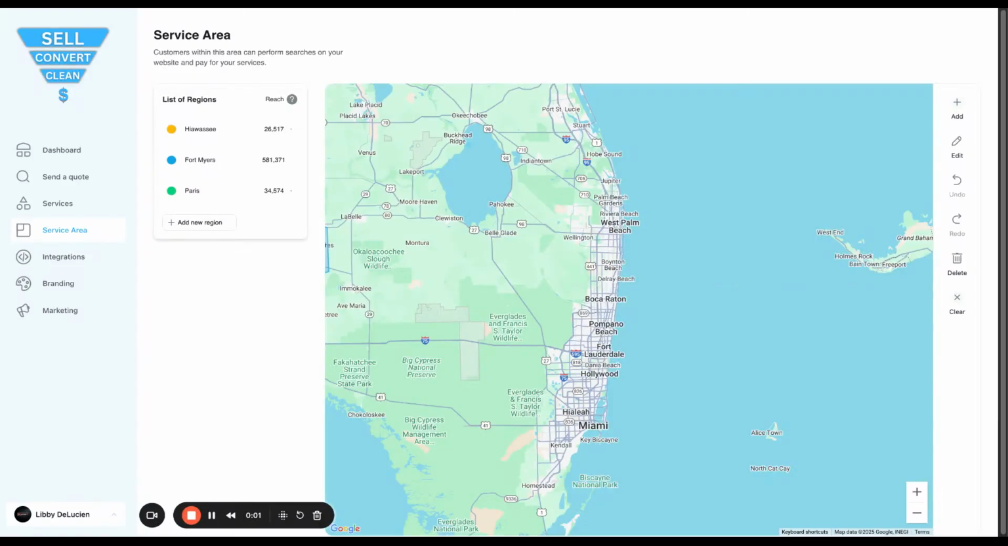So when you first set up the account, you're going to want to set up the service areas or the regions that you service customers. The first time you come in here, you won't see any regions set up, but there's a few different options. One is you can add a new region, or over here on the right hand side of the map, you can click Add Region. So again, from the Service Areas tab, you'll want to select your region,